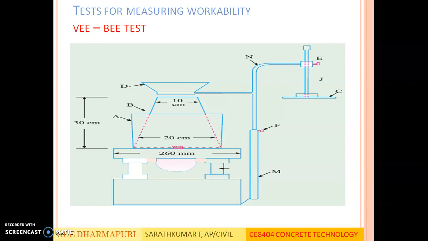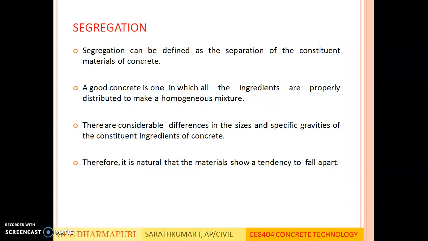Once the concrete is placed, the cone B is removed, and you will get a slump cone of concrete as in the slump cone test. Once the mold is removed and the slump cone is formed, the vibrating table is switched on and the time is noted. From its slump cone shape, the concrete will fill the cylinder A. Once it converts from a slump cone to cylindrical shape, the time required is noted and it is the VB test. If the time required is very less, there will be higher workability.